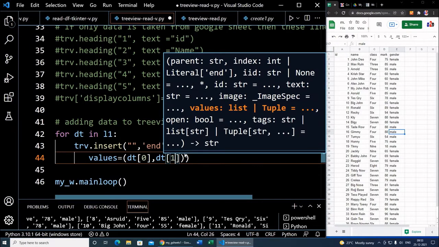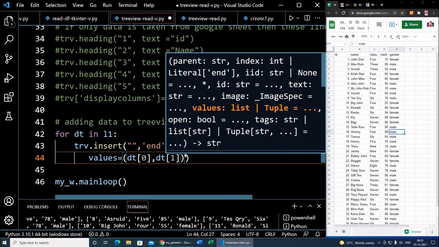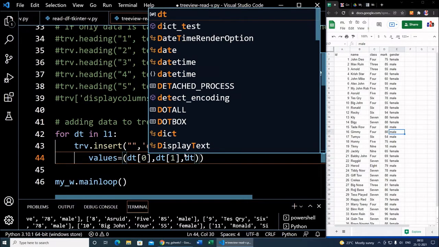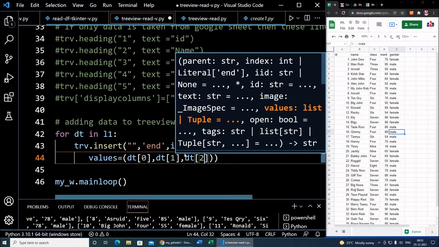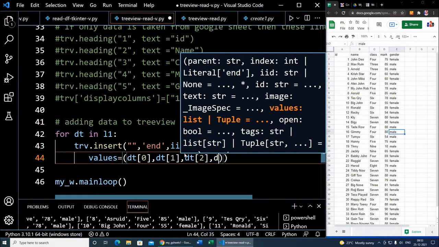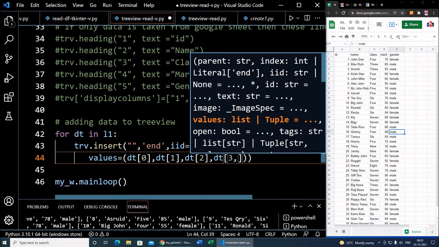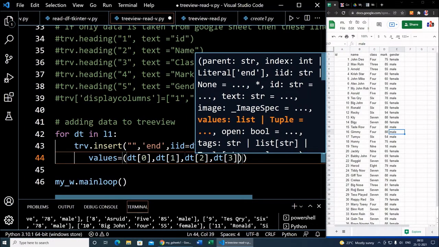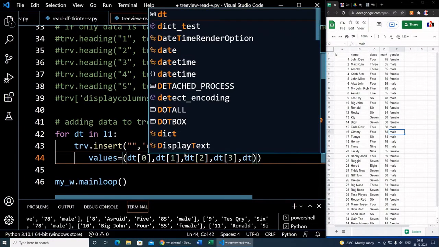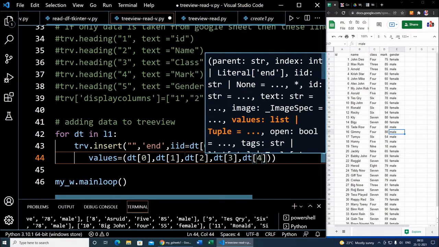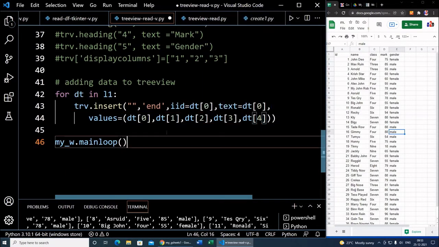So DT1, next is DT2, that is the class. So next one is DT mark, that is 3, sorry, here it is DT3. The last one DT4. 4 is the gender column.